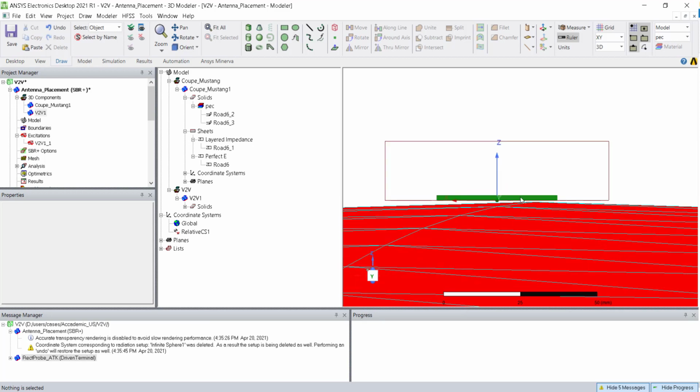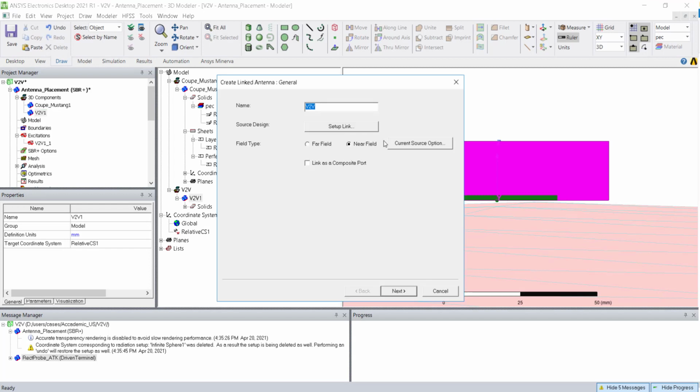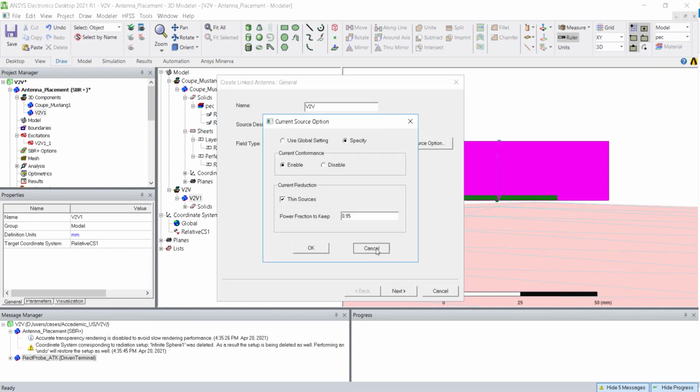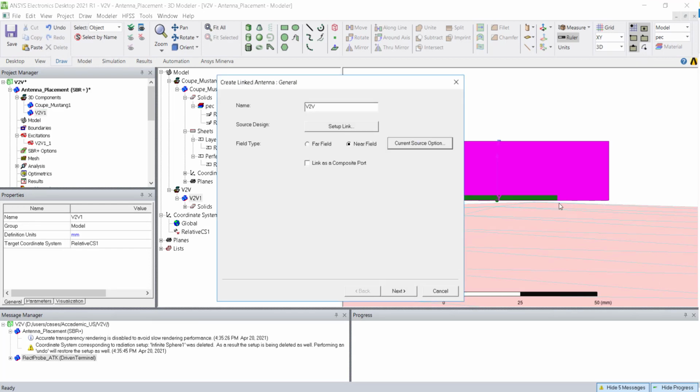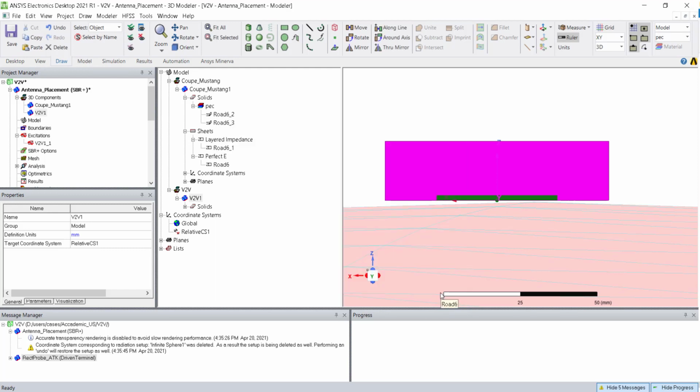That can be avoided. What the HFSS solver will do, if you enable this option called current conformance, is make sure the current at the bottom of this ground plane will touch the metal part of the CAD, and make sure there is proper conformal current around it.